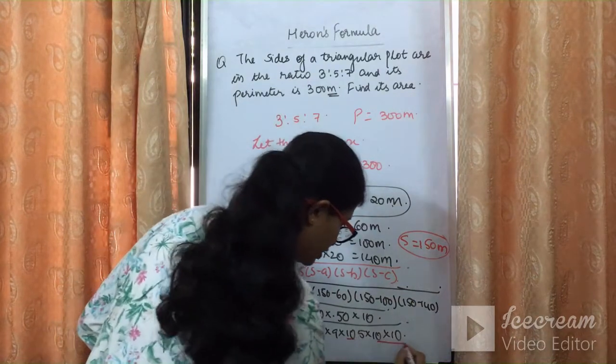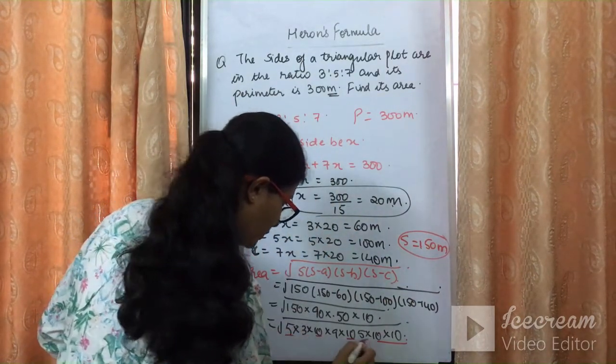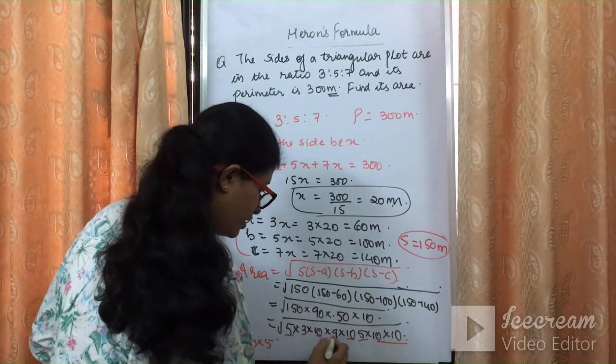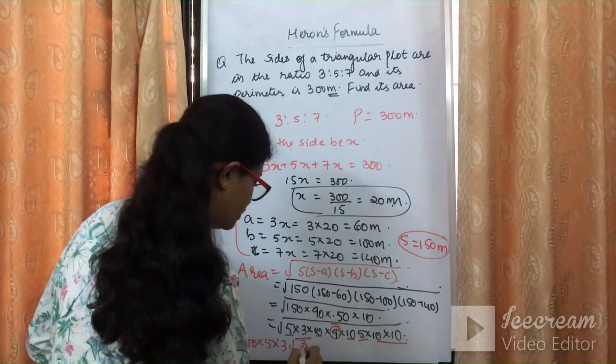Can you see these are the two pairs? So 100 तो बाहर आ ही गया. Can you see 5 के दो पैर? Again एक 5 बाहर आ गया. 9 का square root will be 3. So the remaining number in the root is 3.